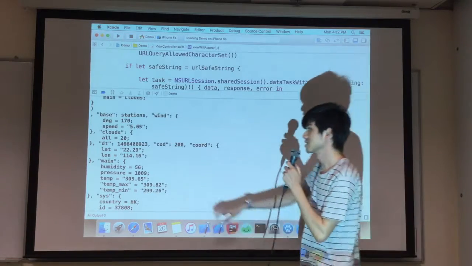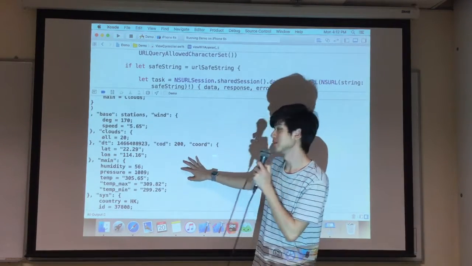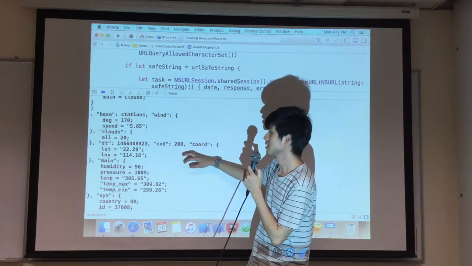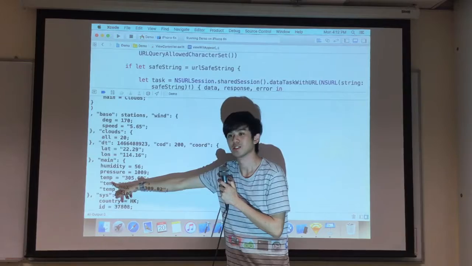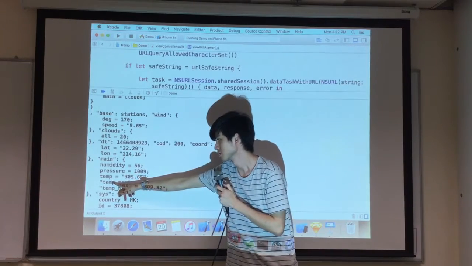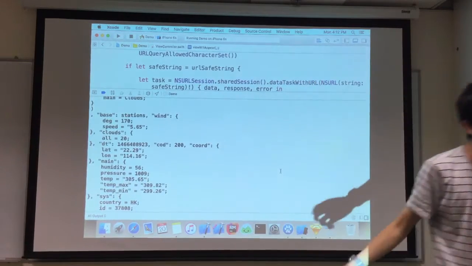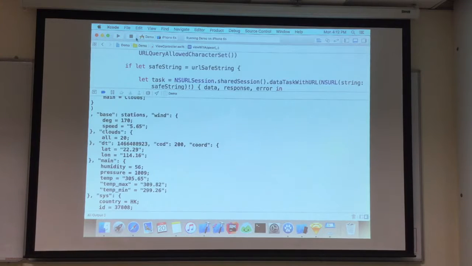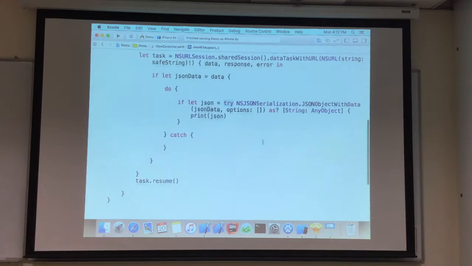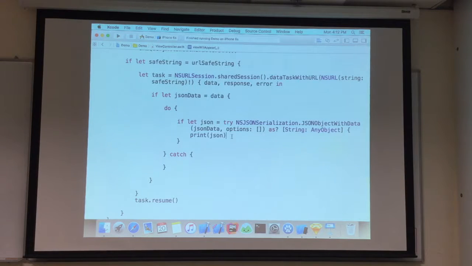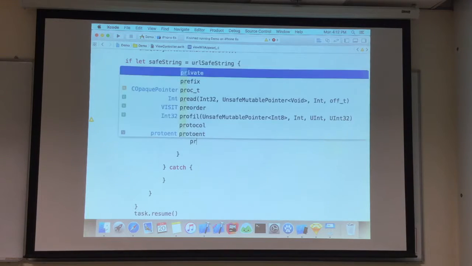So this is actually the JSON result we get from the server. So what we're trying to get is the name and the temperature. So to do this, we'll try to unwrap the JSON to get the name. So instead of printing JSON out, try to print